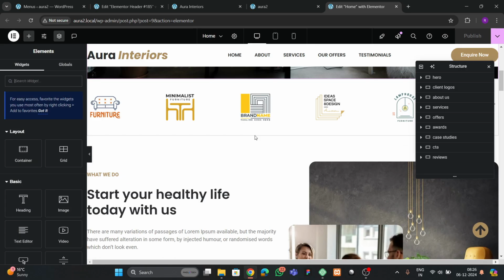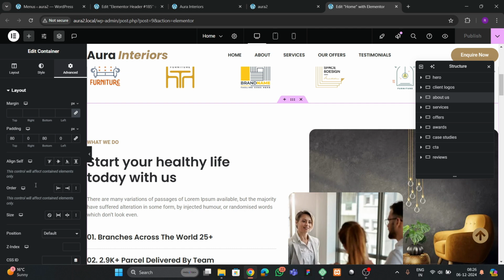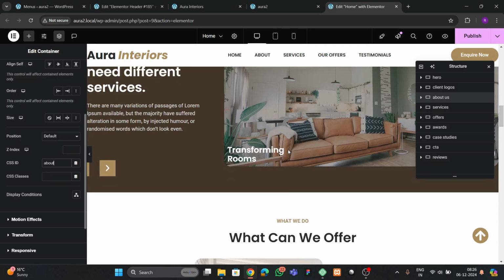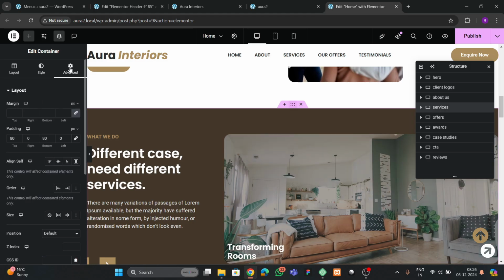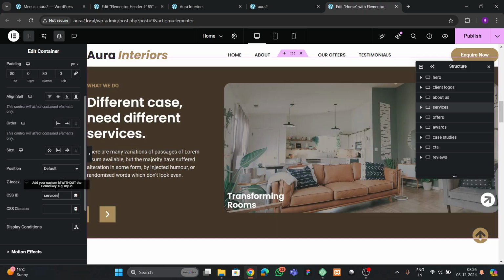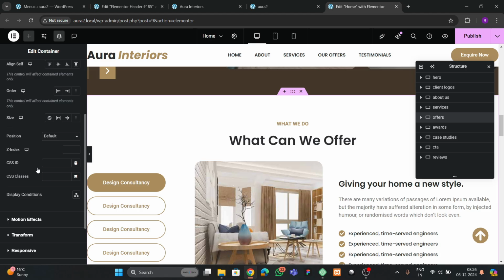So for that, suppose I want to link this about, we can click on this, and here we can have the CSS ID. We just write the same which we have just added while making these menus. Okay, so here we can write about, and this is for the services. You can go here, and here in the services you can write services, and here we can write CSS ID offers,